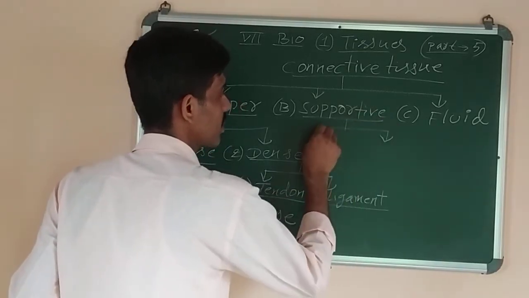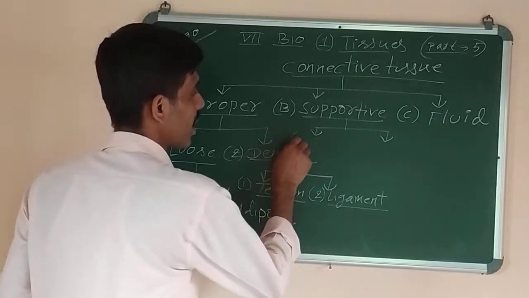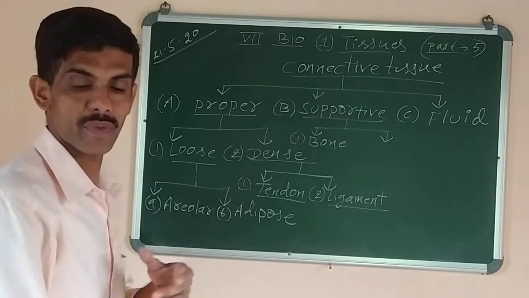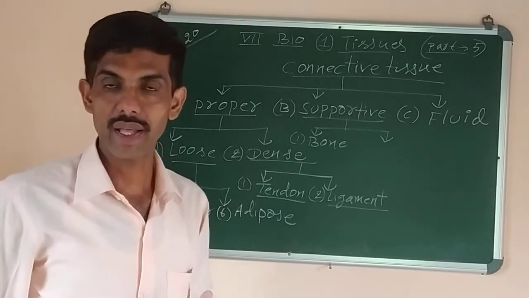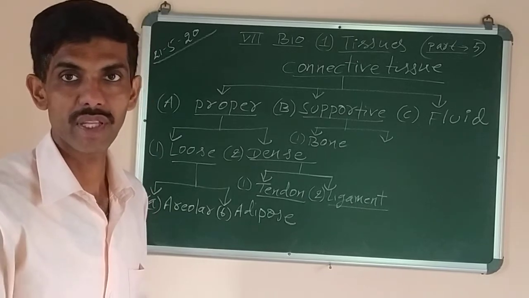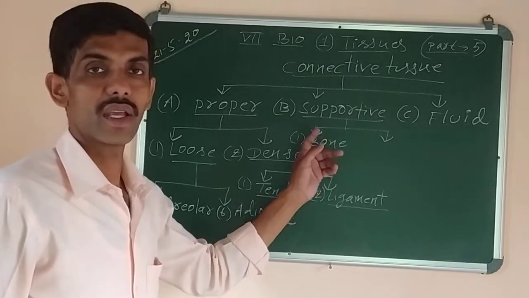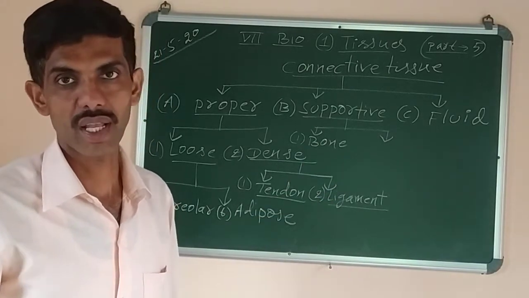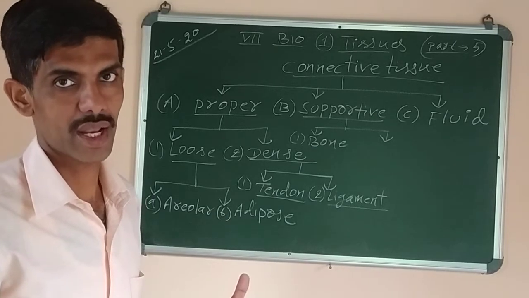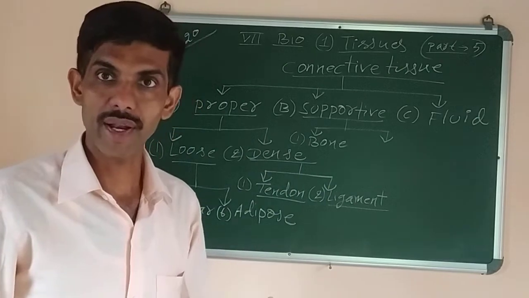Now next we have supportive connective tissue. Supportive connective tissue is the one which provides support to different parts of the body. Like number 1 is bone. You know about the bones very well. Bone is made up of both organic, that is living and non-living substance, like calcium, phosphorus, magnesium. These are the minerals which makes our bones and teeth strong. Apart from that, it also contains the bone cells which are called osteocytes. They are the living cells which can increase in number. And bones are present throughout our body, isn't it?